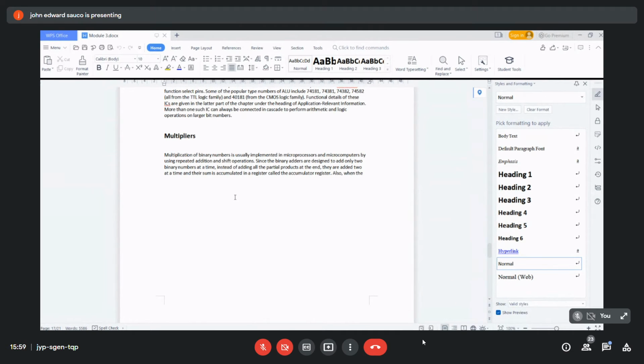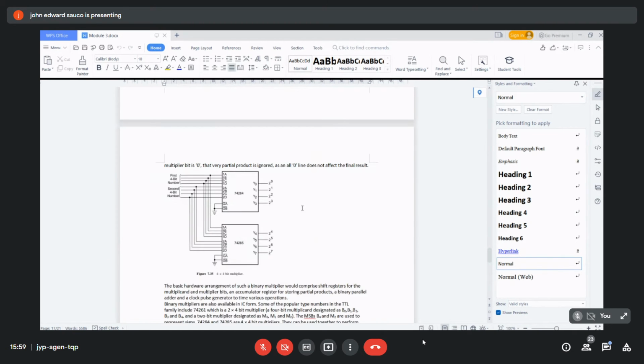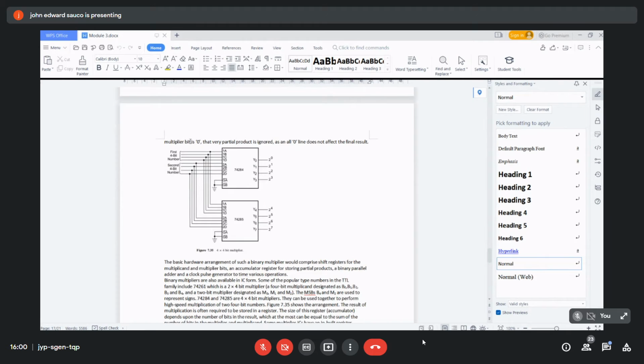Instead of adding all the partial products at the end, they are added two at a time. Their sum is accumulated in a register na tinatawag na accumulator register. Doon na pupunta yung ating sa multiplier. When a multiplier bit is 0, that partial product is ignored, kasi all zero line does not affect